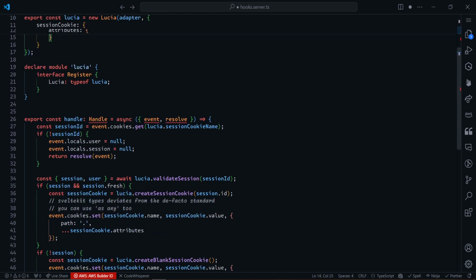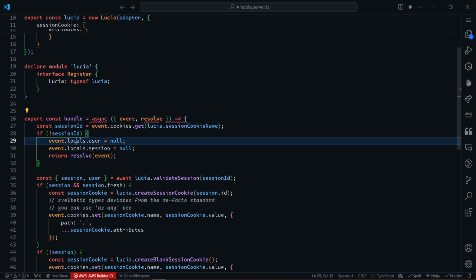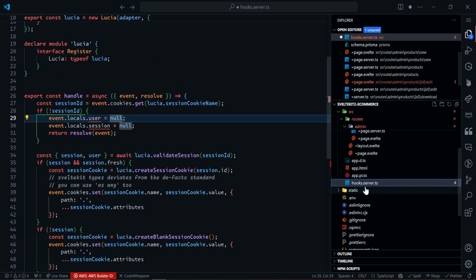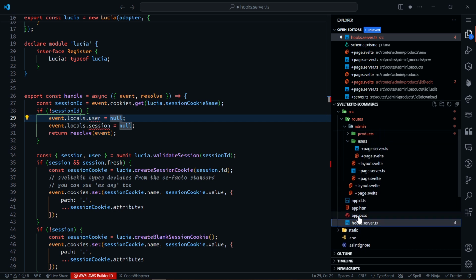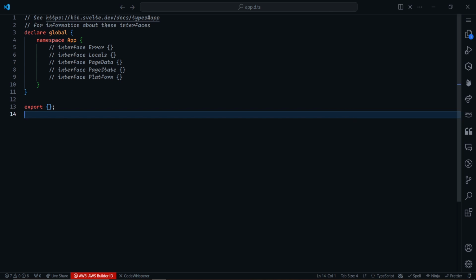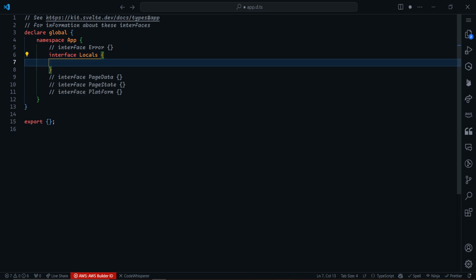One other thing we want to do is to actually add some typings. So when we are using locals.user, we can actually add that type in there. And as you can see, we have red lines. And for this session as well, we're having red lines. So where you want to go to fix this is your app.d.ts file. So go to your app.d.ts and uncomment the locals interface. And in here we'll say user would just be of type